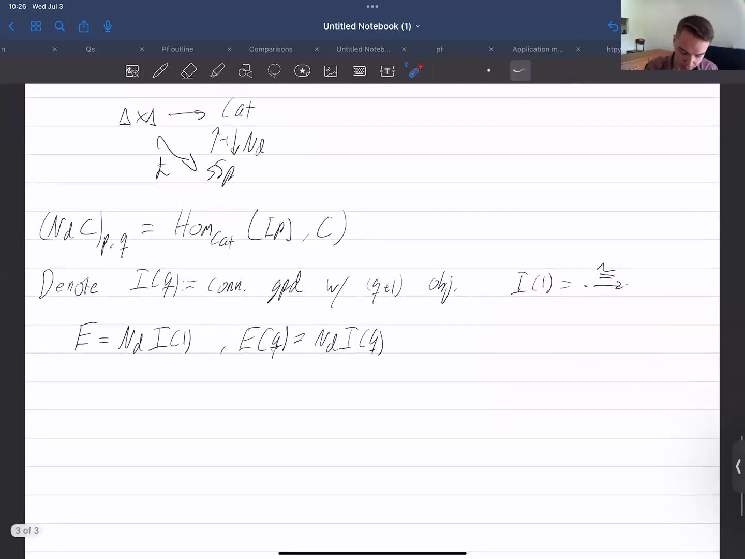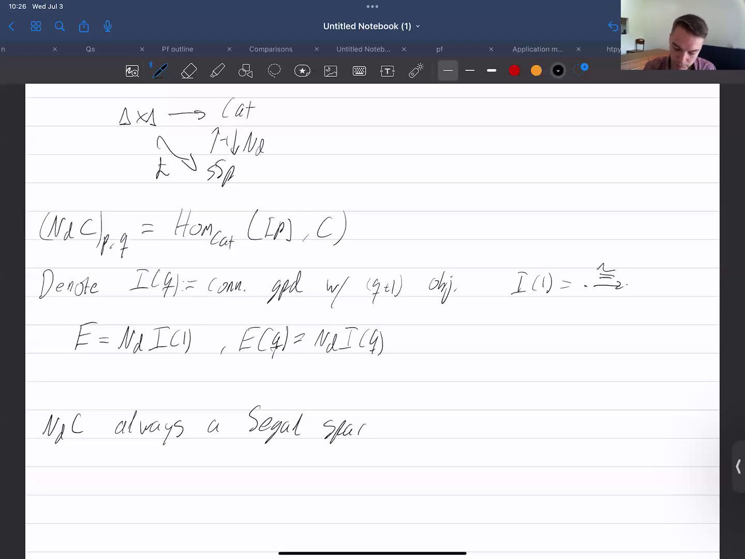Okay. So as I mentioned, if we take the discrete nerve of a category, this is always a Segal space. So whenever we have a discrete object, it's already injective fibrant. And then because in categories we have this composition, that composition in fact makes the Segal condition true in a very strict manner. But usually this is not